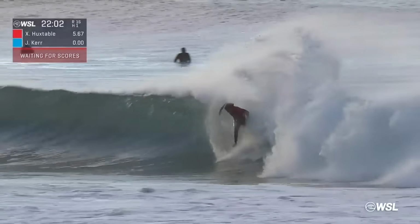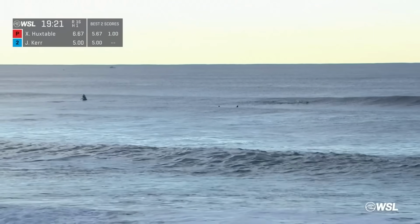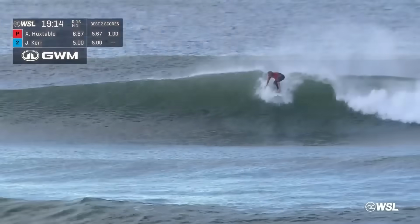Xavier Huxtable goes looking for his second score. Swings the tail. He had a 5.67 on his first wave. There was a lateral nature to Kersey's wave, not taking anything away from the air rev at the completion, but